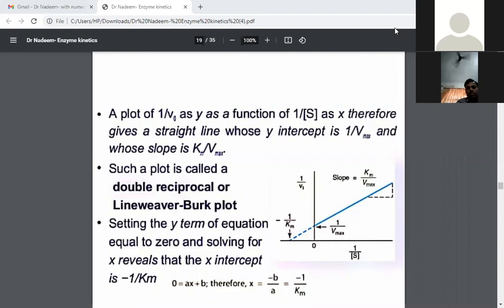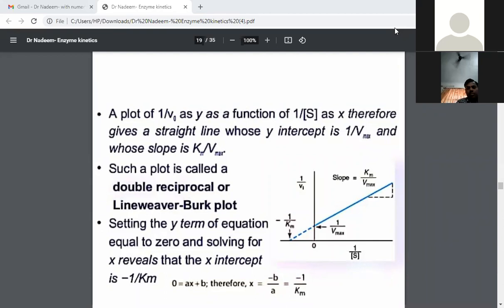As discussed in the previous topic of the Michaelis-Menten equation regarding measurement of the important variables of that equation, that is V is equal to Vmax into S upon Km plus S. That is the Michaelis-Menten equation. So to know the velocity of an enzyme catalyzed reaction, or rate of that reaction, we should first know the concentration of Km and Vmax apart from substrate concentration.